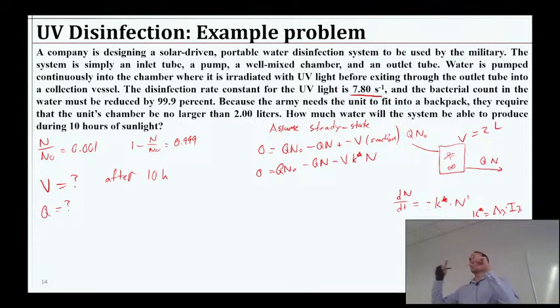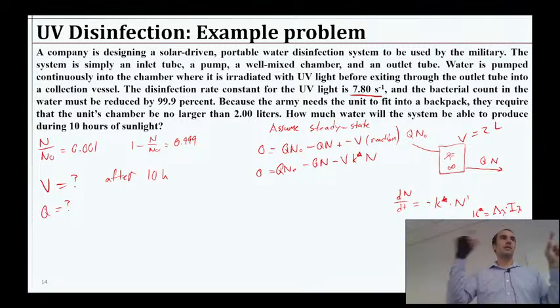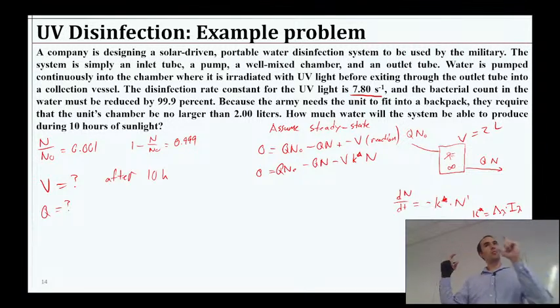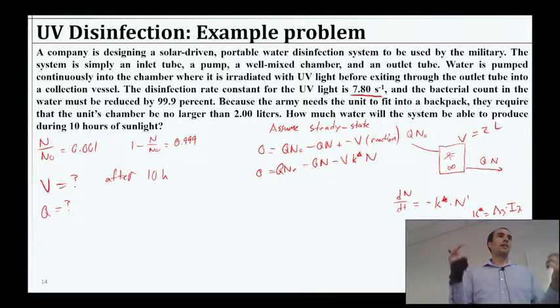We know we can break that k star into an intensity and a specific lethality, like we did in the problem at the start of class, but we didn't need to. So it's okay that we're not given any information about intensity for the light. We're just given that it's having some effect. So just be looking out for that. You could have both, or you could just have the summary one. In this case, we just have the summary one. This type of problem could fool you because it's easier than you thought, so try to be attentive to what's going on there.